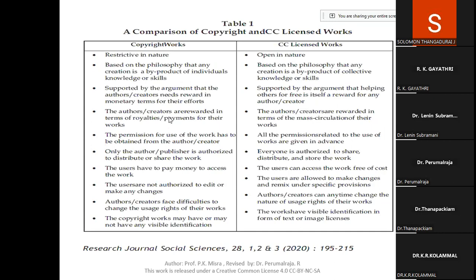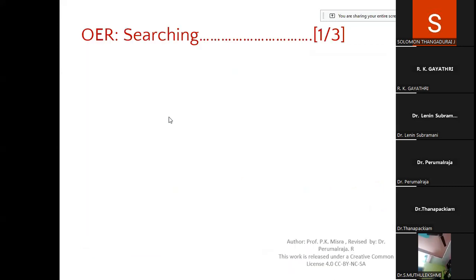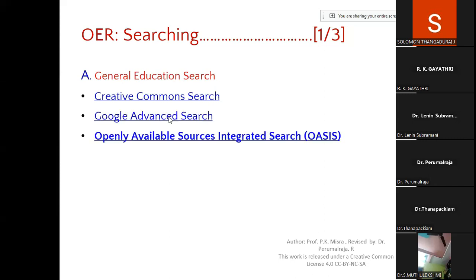And better, most of the time try to use OER material, which is very much available from Indian government websites or many international websites. Many documents will be there with the CC license. You use them by quoting that, by giving the attribution itself. No need to bother about things, instead of the copyrighted part. And you have this kind of Creative Commons search on Google, open available resources. Many search engines are there.